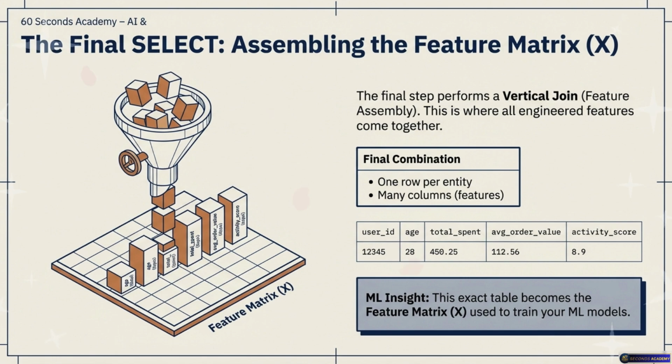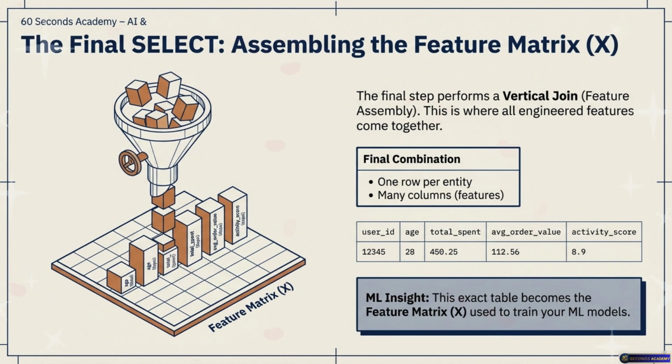Exactly. You have to aggregate that granularity into meaningful summaries. You use your grouping and window functions, which we talked about earlier in the pipeline, to create features like total lifetime value, or average order value, or even things like days since last purchase, or the standard deviation of purchase amounts. You are distilling their behavior into math. So we are translating the total chaos of a relational database, where data is scattered across dozens of tables and thousands of rows, into this flat mathematical language that the ML model actually speaks. Beautifully said. And that flat matrix is where SQL ends and the model begins.